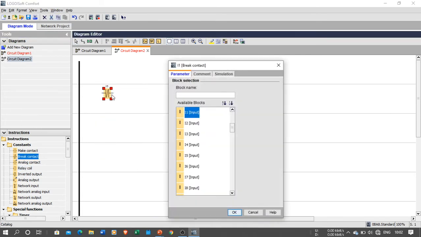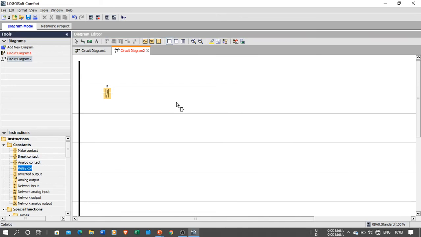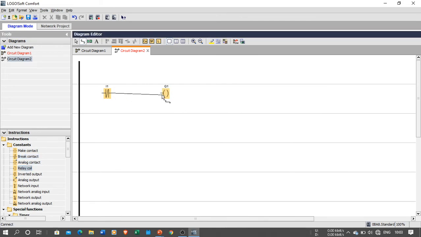I will just go for NOT logic now. Implementing the NOT logic by using a switch is quite difficult, because that means when the switch is off, the output should be 1. Is it possible physically? It is quite a difficult task. But in software, in PLC, we can easily do this. How? We use the XIO condition, examine if open condition, also called the NC contact. This is the NC contact and this is your coil.